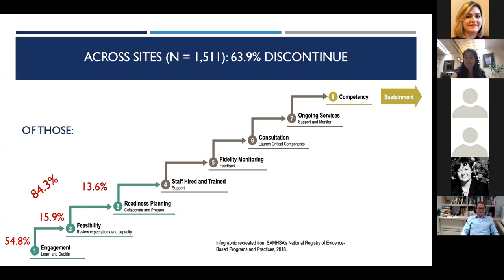So this is a lot. Some might say, well, that's a really good thing. Folks are dropping out. They're discontinuing before they've spent too many money resources or before this service was available to clients. And so clients don't know what they're missing. And so there's some good value in dropping out that early. But the bottom line is if they engage, this means that the practices also were identified by these different organizations as being ones that were necessary and needed to treat their populations. So what this is actually showing us is that there was a need in these areas for these different evidence-based practices that were identified. And in fact, we are continuing to not be able to provide these services to these clients that are in need.